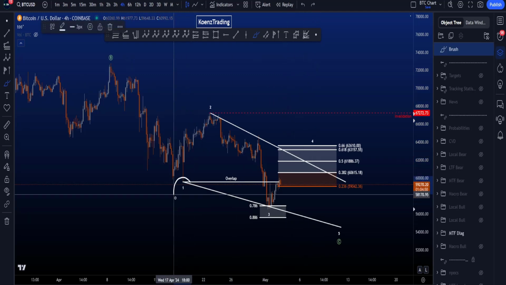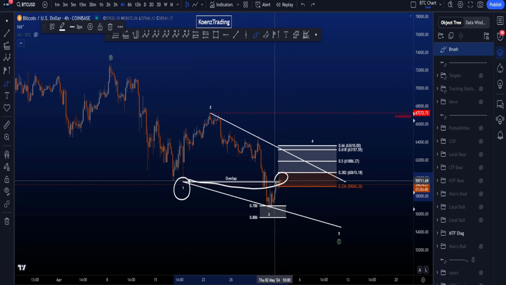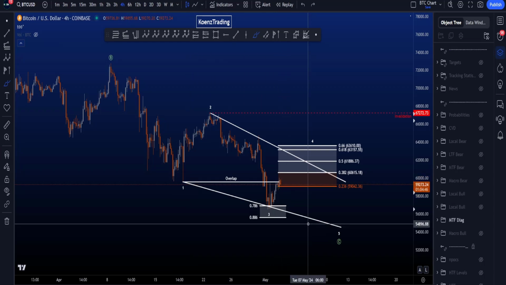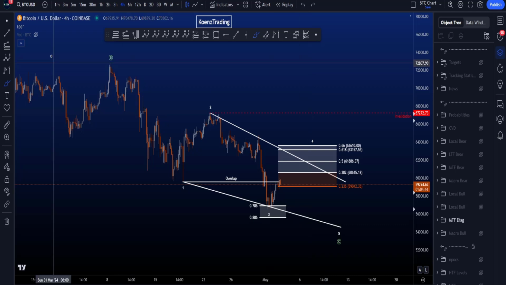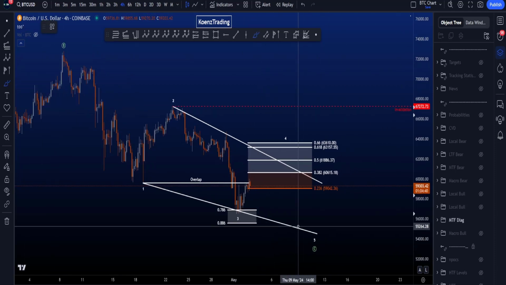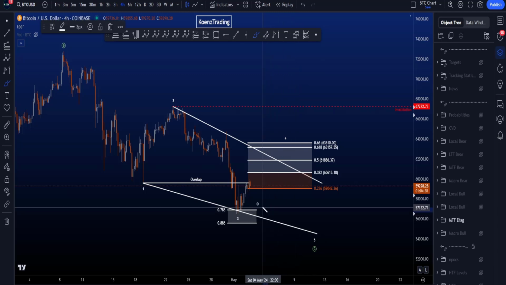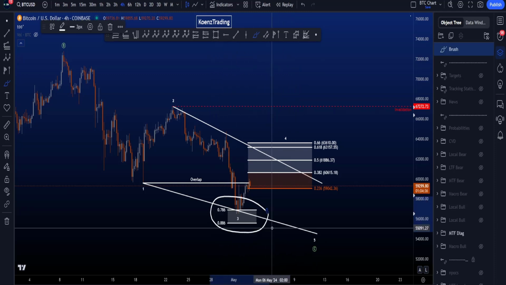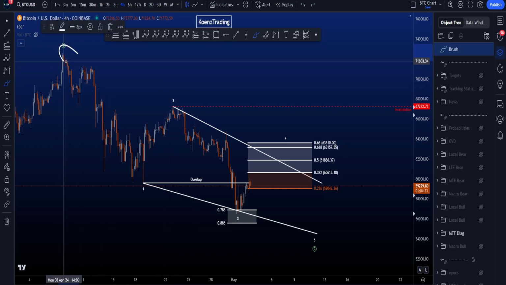We do already have overlap between a wave 1 and the potential high over here for a wave 4, and that is usually a minimum requirement for the wave C. It's not a rule, it is a guideline, but it is nice to see as that is by far most common. The common target area for a wave 3 is nicely respected, the 0.786 to the 0.886 taken from the